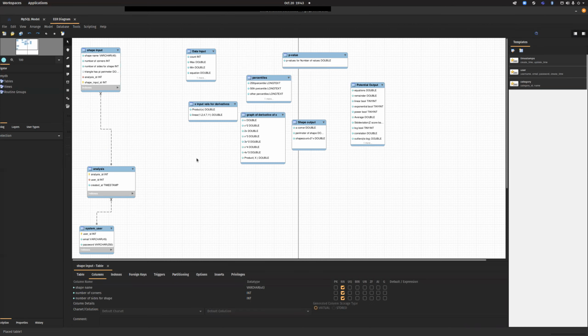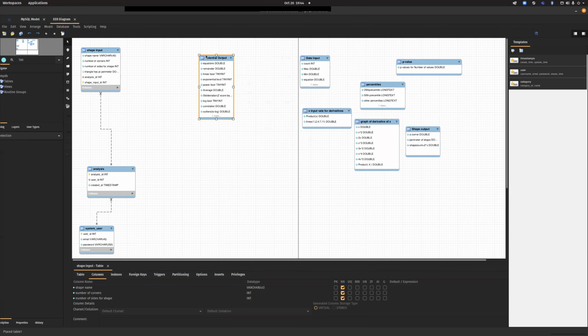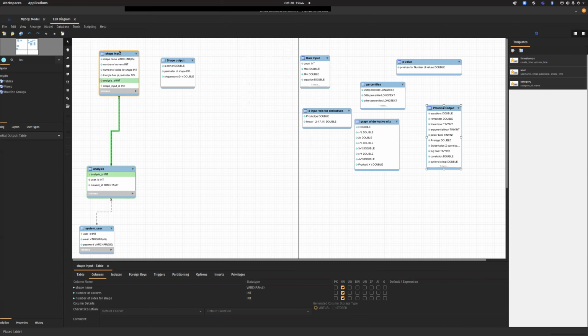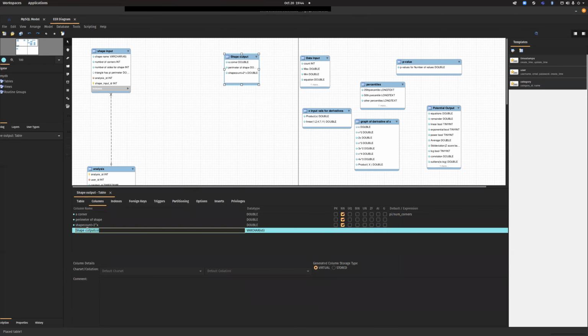I'm not 100% sure on the math here, but then I think what we'd want to do on this potential output, let's just focus on the shape for now, because we have a shape input. I think we'd want to not only tie the shape output. Well, technically we could just tie it to an input. So let's just